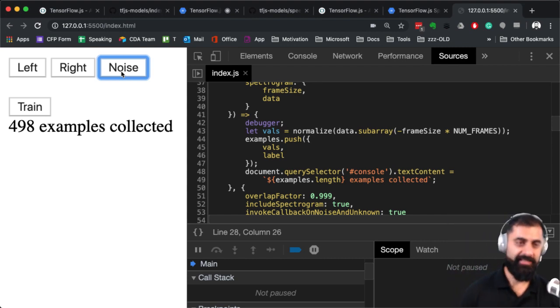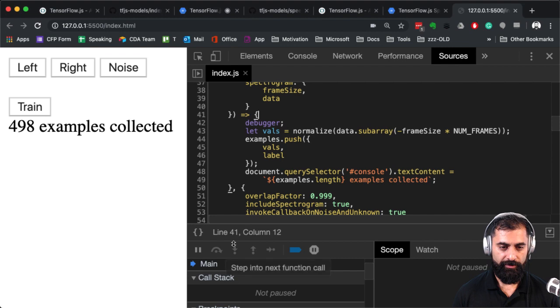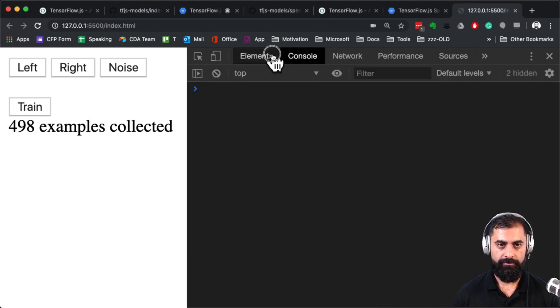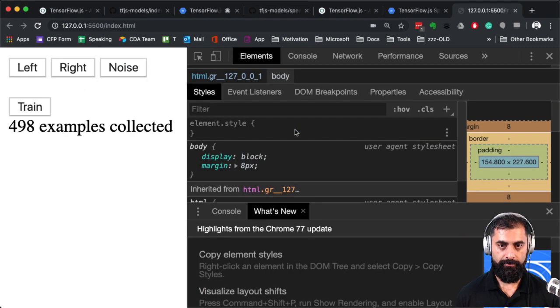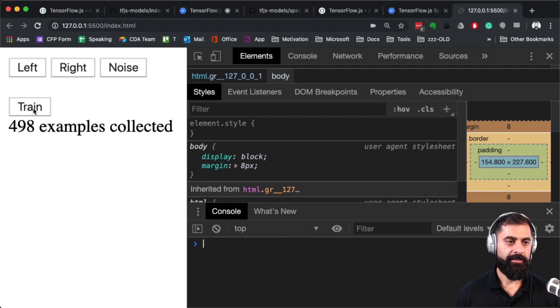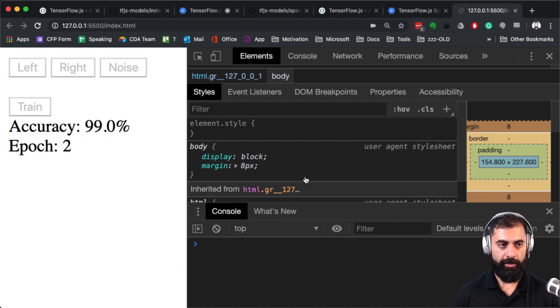Some good training data there, and then I'm going to click train. Where is the console? Let's open it. I'm going to click train. Let's give that a go. I don't know if it's working. Is it working? There it is.